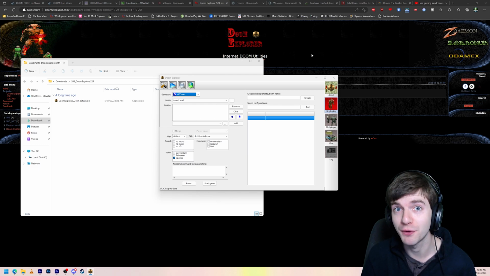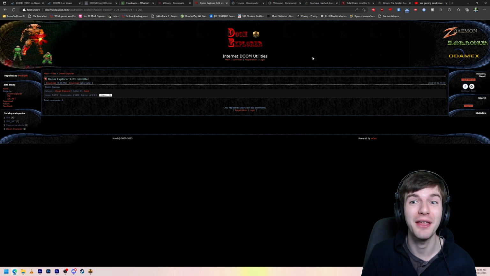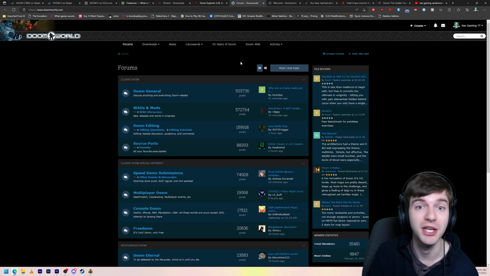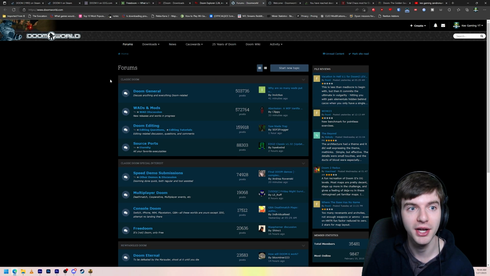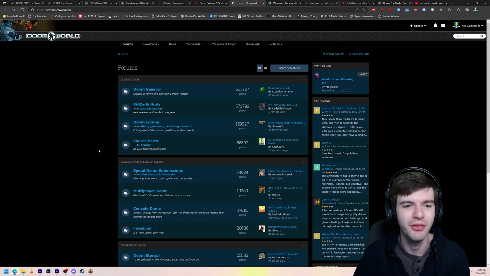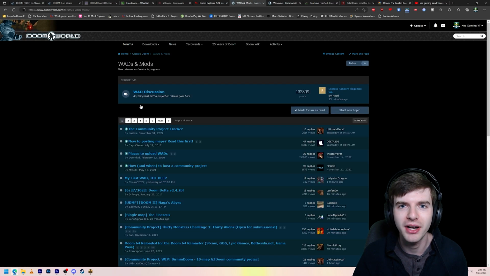So where do you get mods for Doom? Well, that's the good news, is you can get those basically anywhere. One of the most popular places to find them and to post them is here on DoomWorld. DoomWorld is like the place to hang out if you're a fan of classic Doom. There's all kinds of other Doom fans on here, and they're making stuff, they're sharing things around, they're comparing stuff,